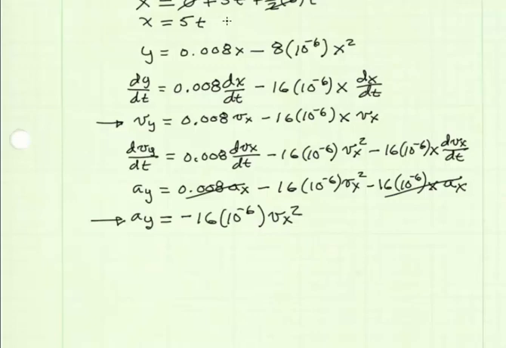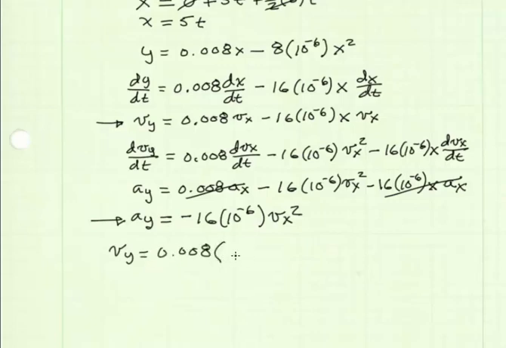Now, knowing that x is equal to 5t, I can plug that in to my velocity equation here. I know what my velocity is in the x direction. We said that that was 5 feet per second, and I can plug that in for my velocity here, and I should be able to find my velocity in the y direction at t equals 60 seconds. So, plugging that into my velocity equation, I get that the velocity in the y direction is equal to